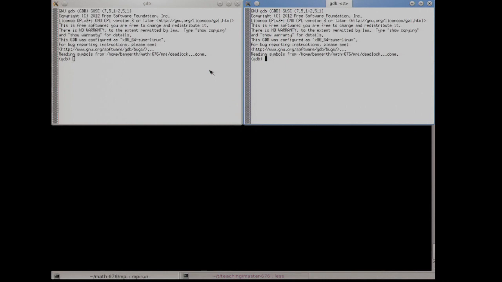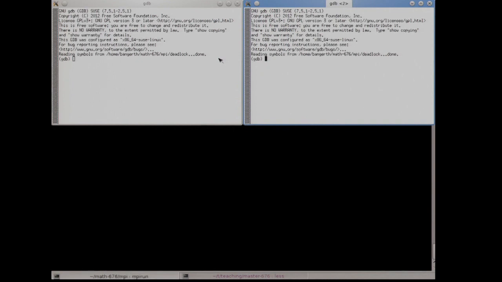And in the following, I can't adjust the font size in xterm, but if you watch this on YouTube, at the bottom right of the YouTube window, there is a gear symbol. You can click on that, and you can go to high resolution, and then you should be able to see this. So I have two windows, each of which is running a GDB instance,